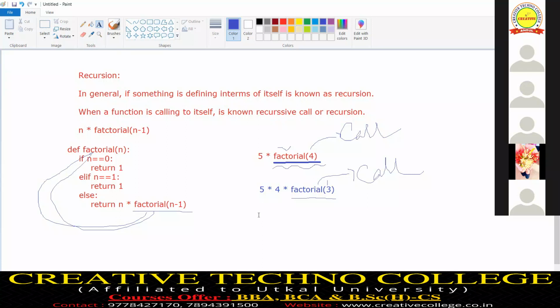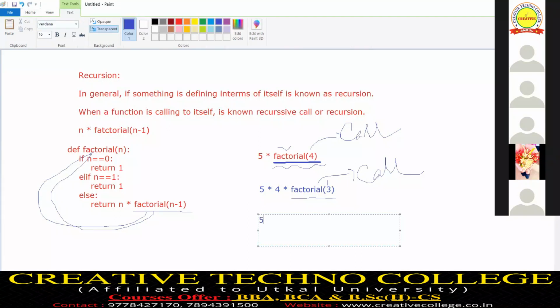So now in the else part, 5 into 4 is available, and we are finding the solution of factorial of 3.